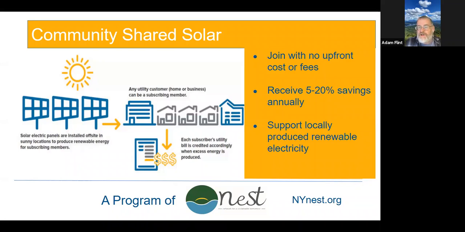These projects also provide some local economic development. There are lease payments that are made by the developers to whoever owns the land. In the case of the project we work with, it's on West Shenango Road in the town of Shenango. This project offers a 20% discount, and is a retired farm family that has 40 acres that are now covered with 6 megawatts worth of solar. And in addition, it provided some temporary union jobs for the folks that constructed the array. And it's going to be chugging away there for decades.